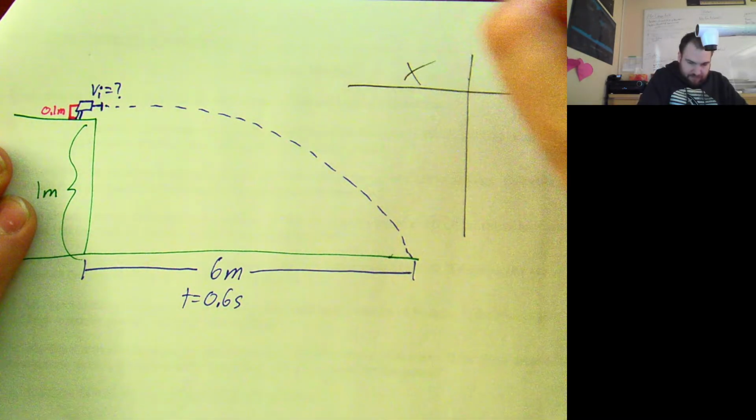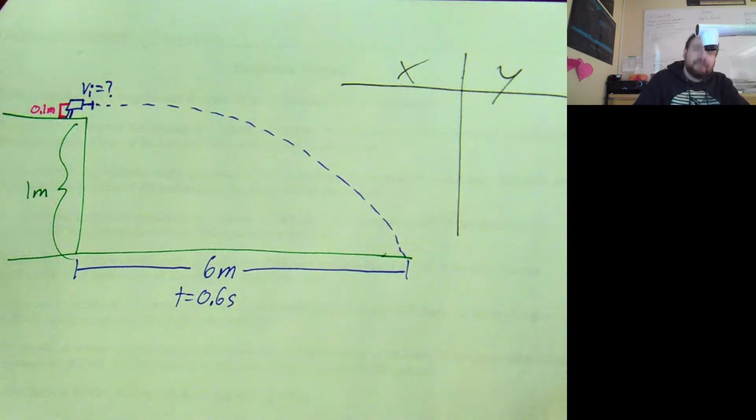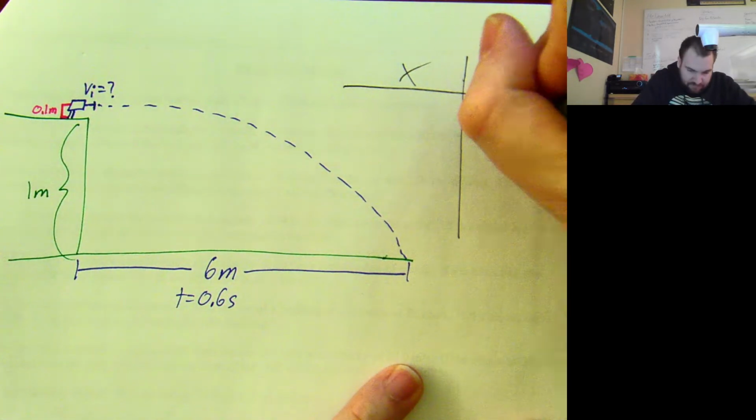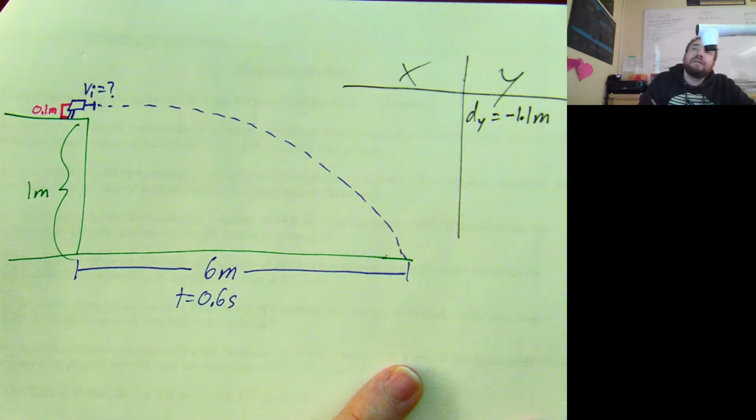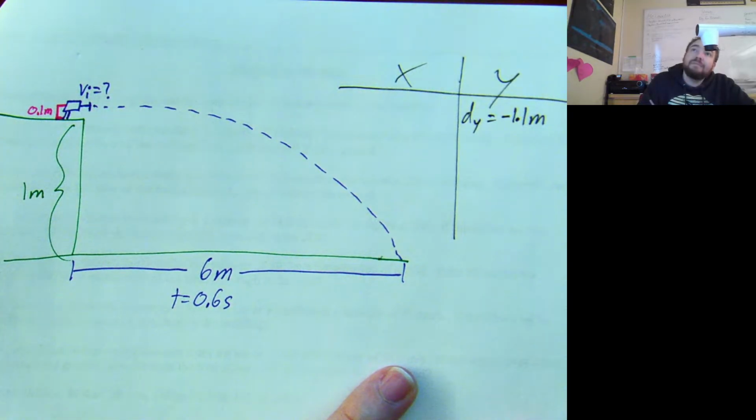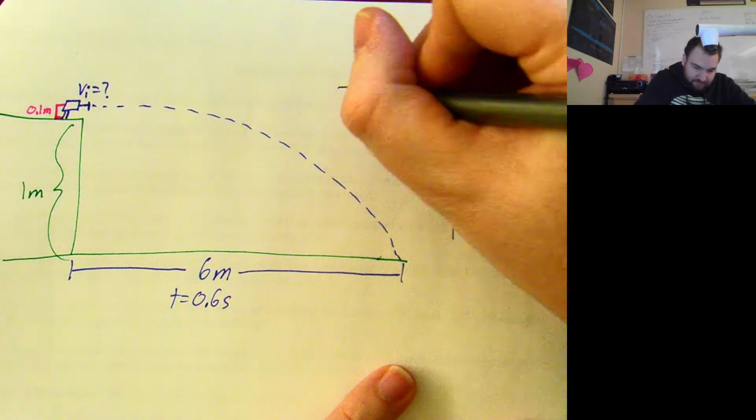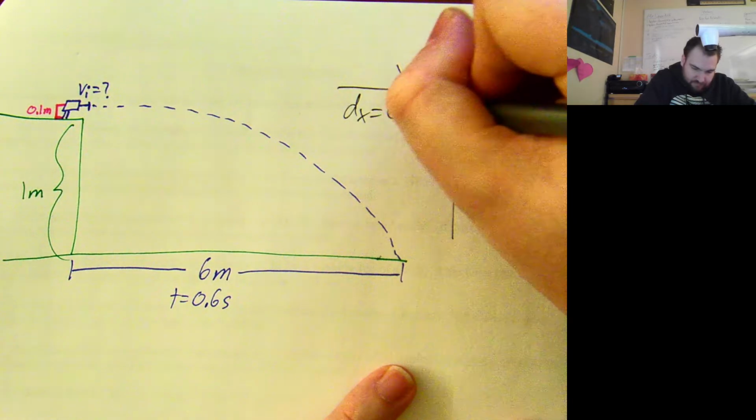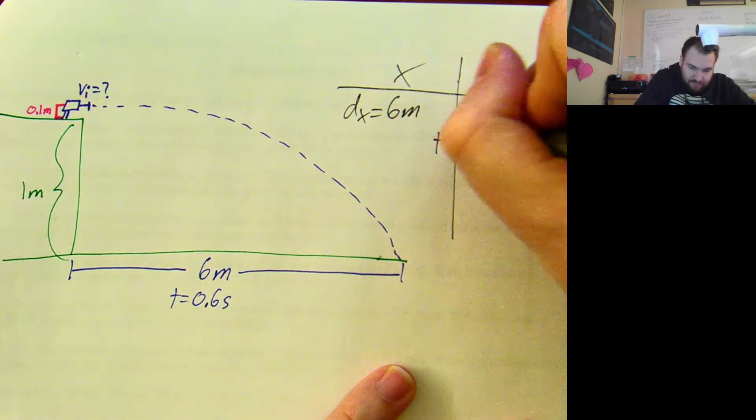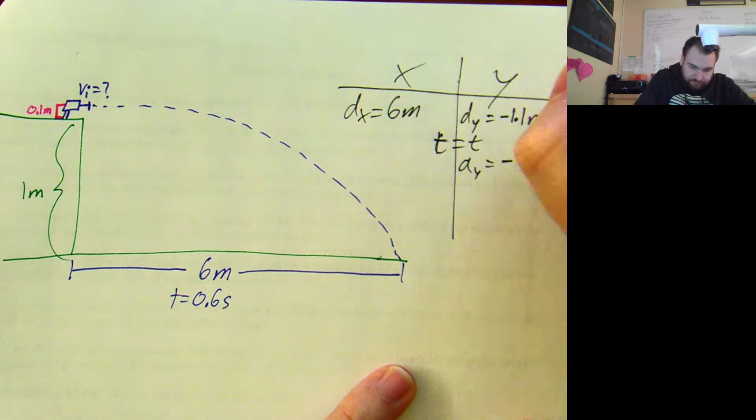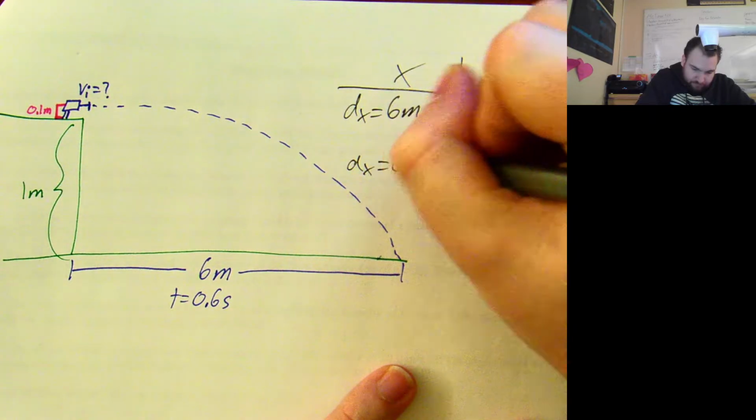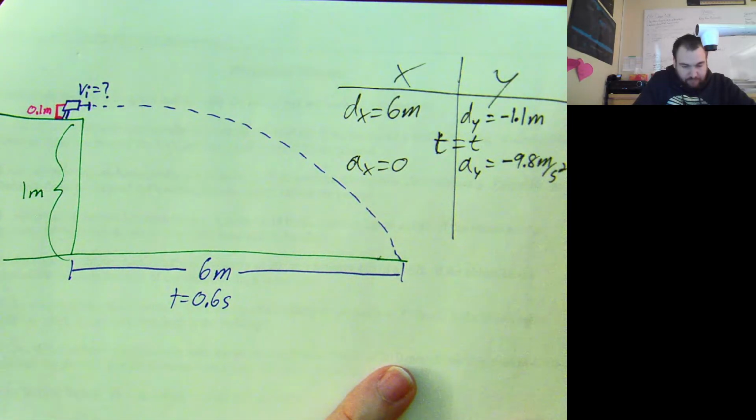The vertical displacement is minus 1.1 meters. The horizontal displacement is 6 meters. The time is the same in both. The acceleration in y is minus 9.8 meters per second squared, and the acceleration in x is 0. And yeah, now you can do the